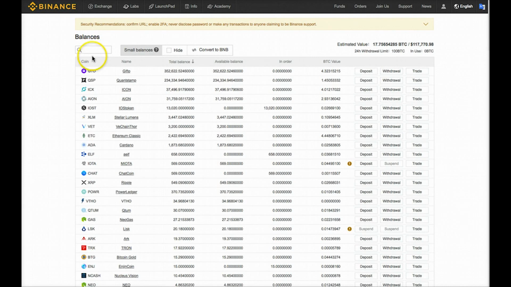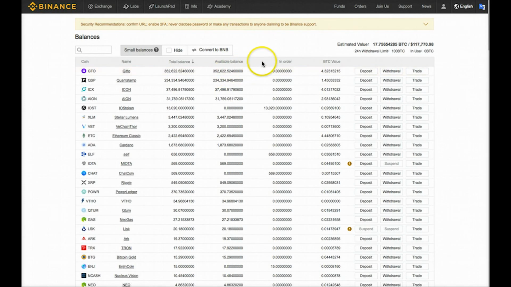You have your coin call letters and name of the coin in the first two left-hand side columns. If you click the name, it's a link that will bring you to the actual informational page for that coin. Then there is your balance, your available balance, meaning coins that are not assigned already to sell orders.